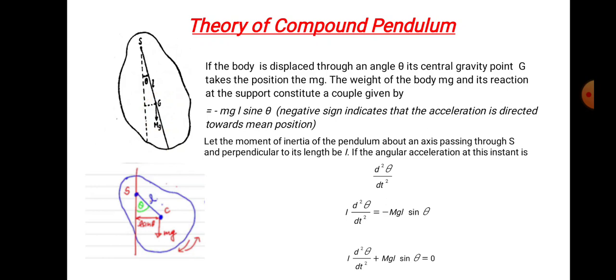Suppose the body is displaced through an angle theta, its center of gravity is G, its weight is mg, and its reaction at the support constitute a couple given by the torque about that point, which is equal to